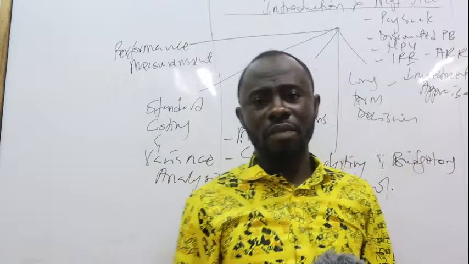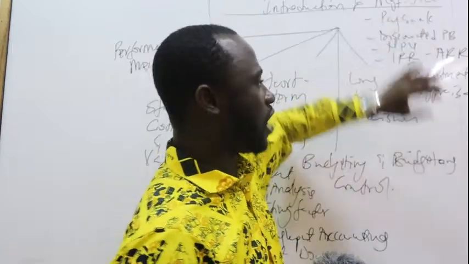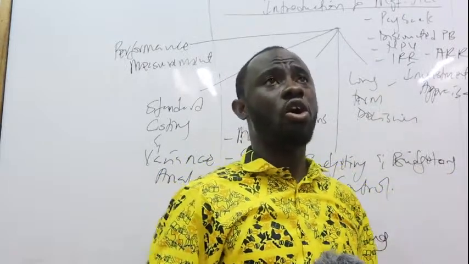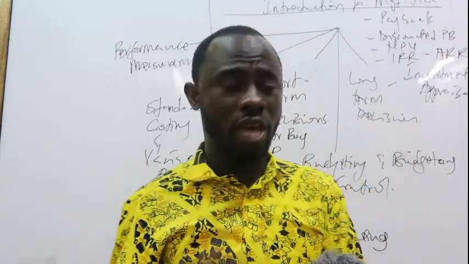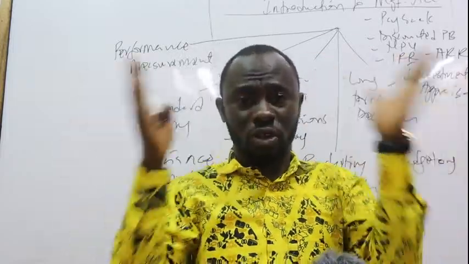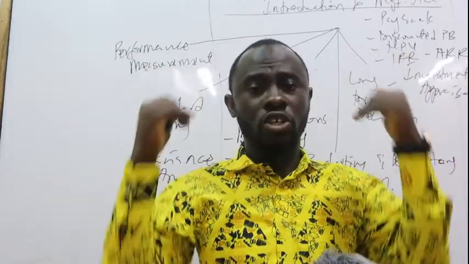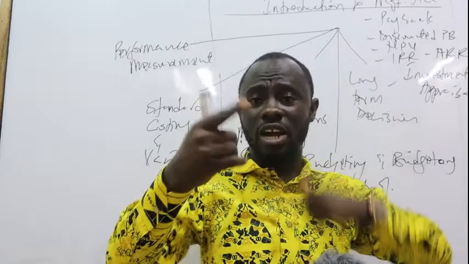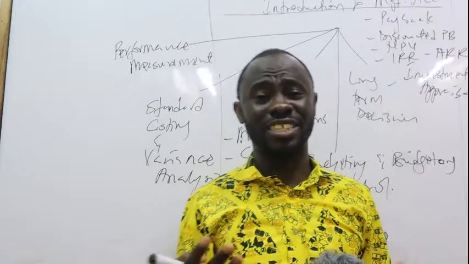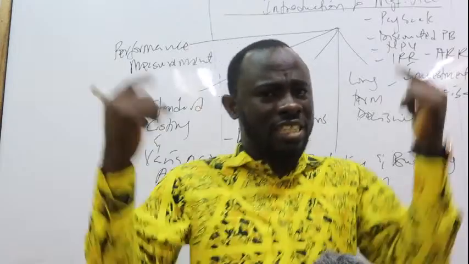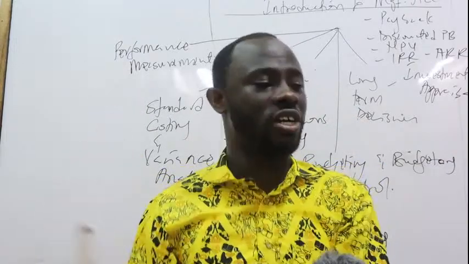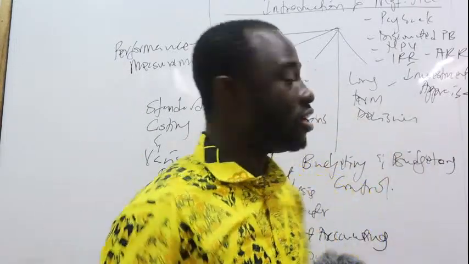Now, the examiner's favorite: remember the internal rate of return is also called the break-even rate, because the internal rate of return is the rate at which the NPV of the project will be nil or zero. So another name for the internal rate of return is the break-even rate. If you go to the exam hall and the examiner says, calculate the break-even rate, technically he's asking you to calculate the internal rate of return. That is very critical that you need to understand.